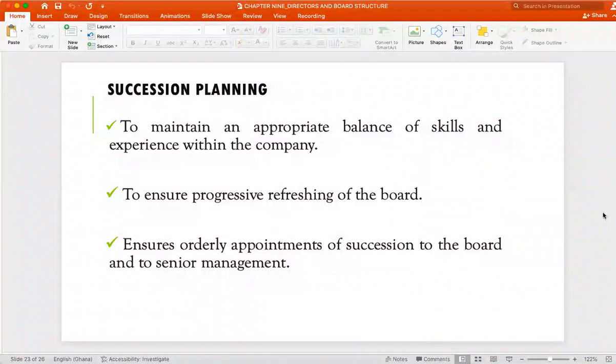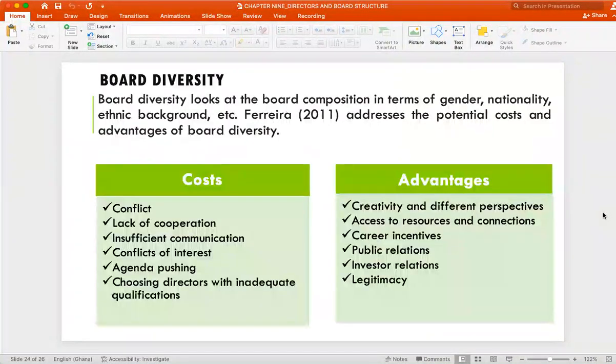So you have to be thinking, if even your executive directors are about to retire, or one is about to resign, you always have to be thinking about who will take over next. If your board of directors, don't forget we said they cannot continue for more than 10 years, have to leave, who are those that should come and replace the directors? So succession planning is a key component in good corporate governance. You don't want to leave a vacuum where you'll be taken by surprise, all right?